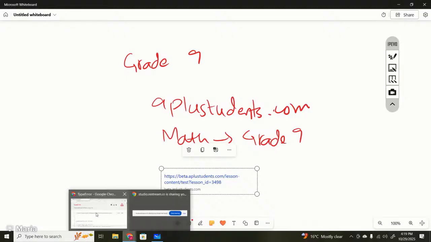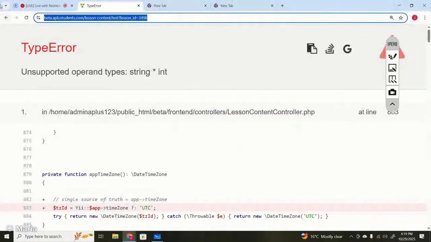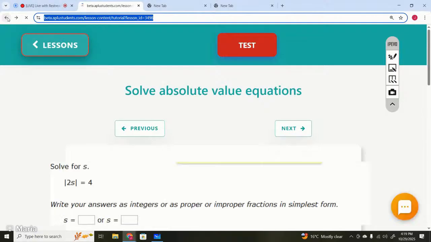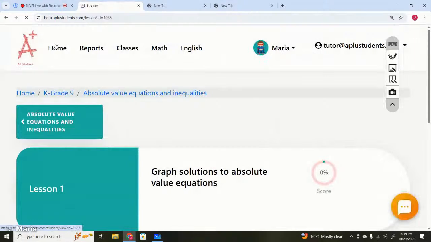Okay, I will inform the administrator about this error later. So let's just move on to the next lesson. The test questions are not available. They will be available once I inform the administrator. The next lesson is